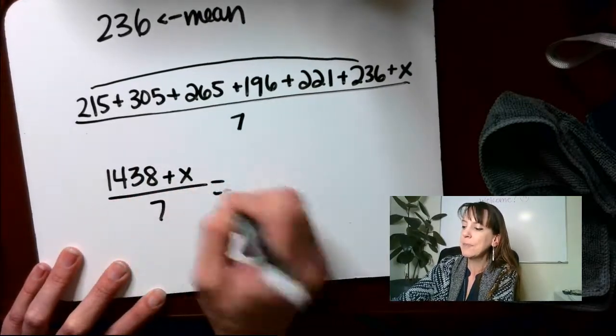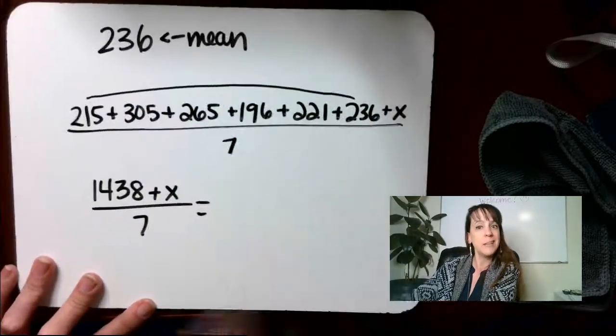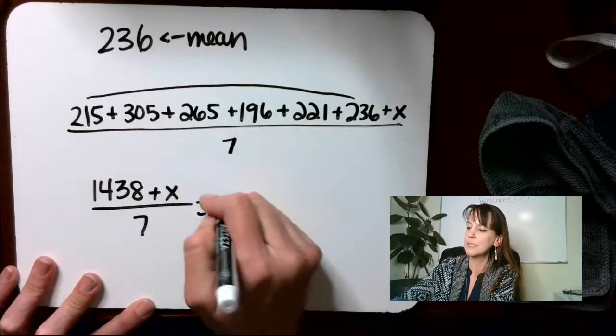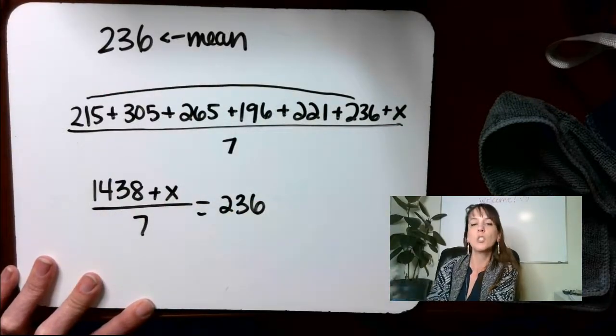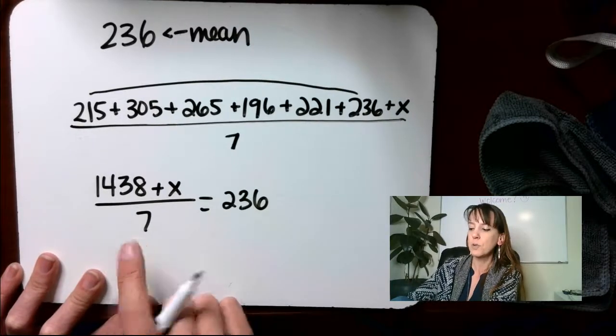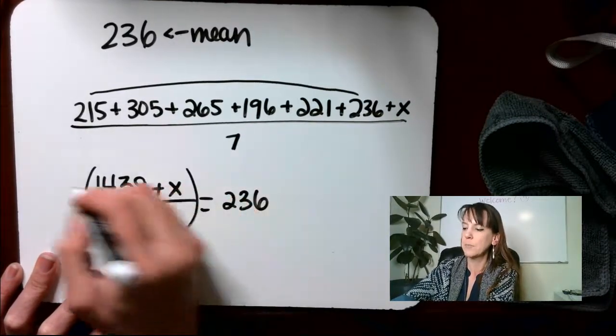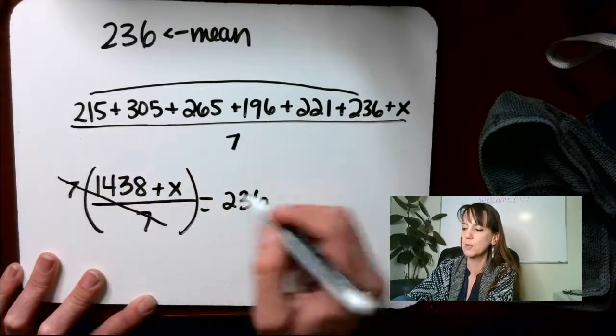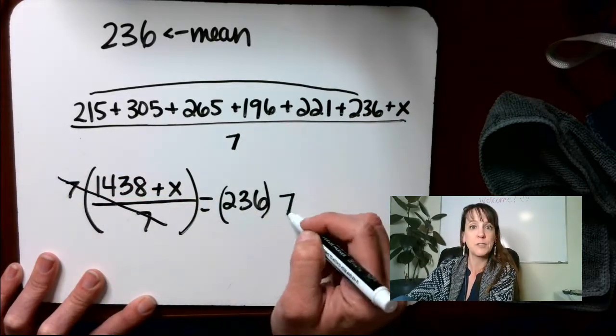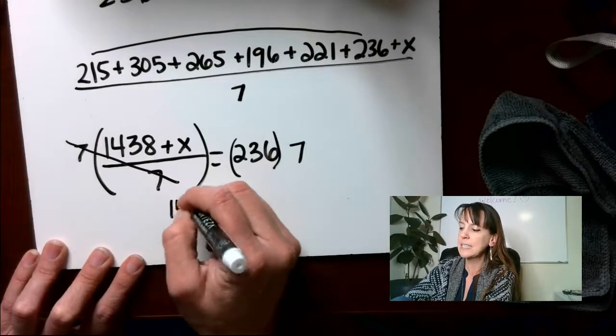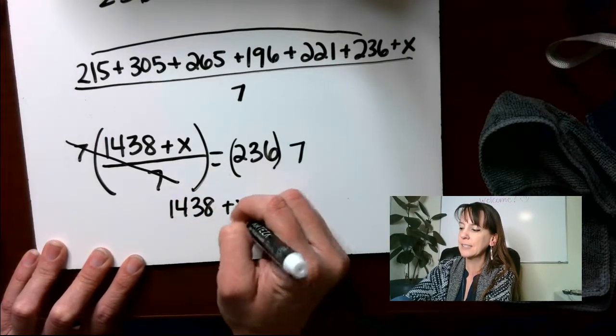Divide that all by 7, and I get my average, right? Conveniently, we're given the average, 236. So all we have to do is solve this problem. Since we're dividing by 7 here, we're going to multiply both sides by 7, because when we do that, this goes away, and what I do to one side, I have to do to the other. So I end up with 1438 plus x equals